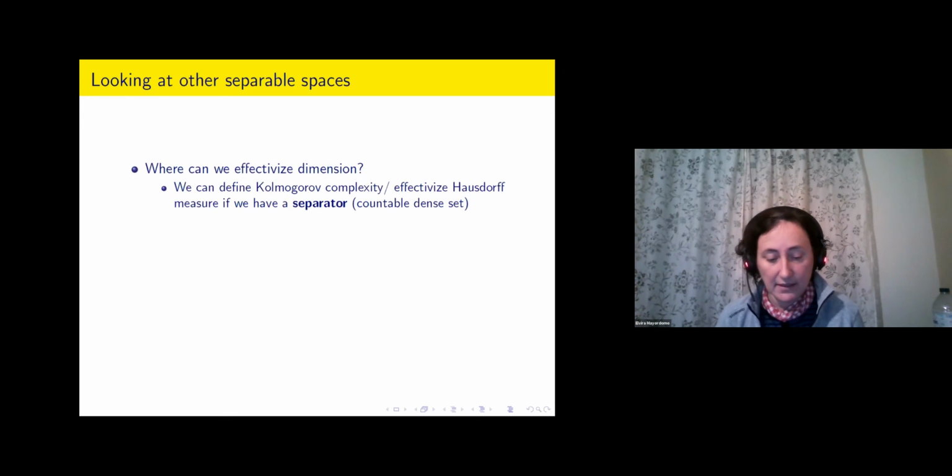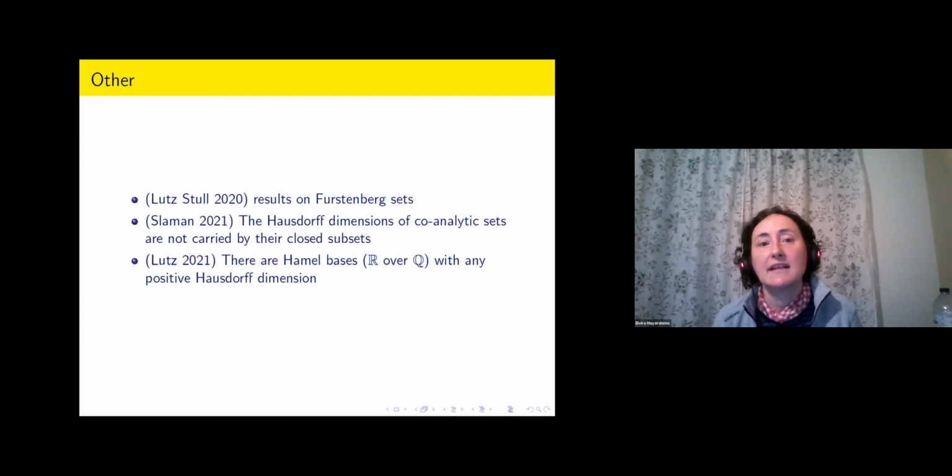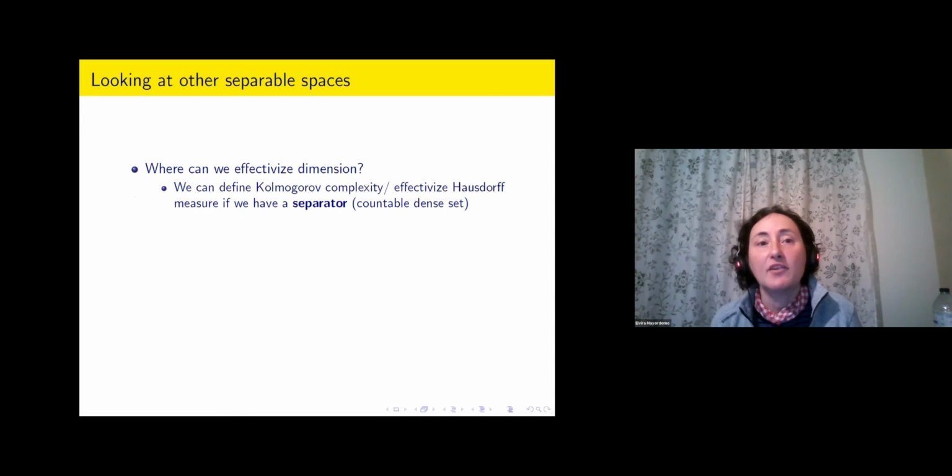So this is more or less just the introduction of the point-to-set principle. Let me tell you a few more things regarding other spaces. So if instead of looking at real numbers, you want to look at any other separable space, for instance, how would you do the effectivization? Well, a very natural way of doing it is using a countable dense set to define information content. Once you have seen this Kolmogorov complexity of a real number at a certain precision delta,